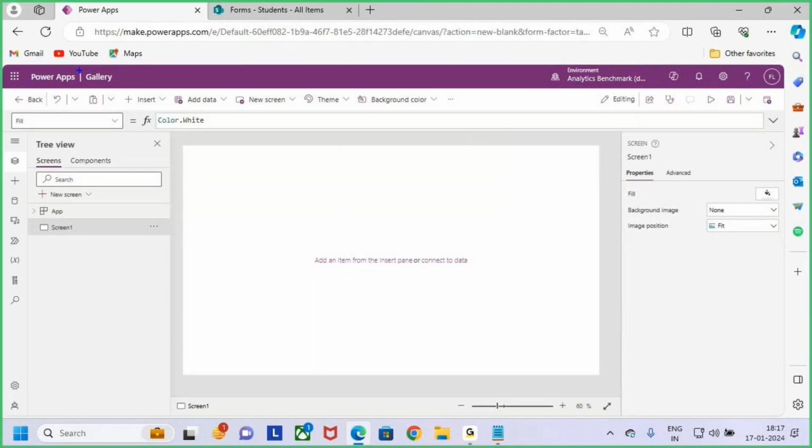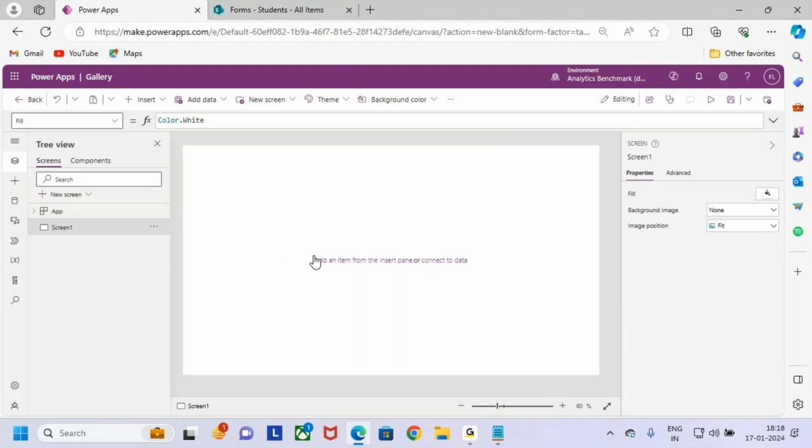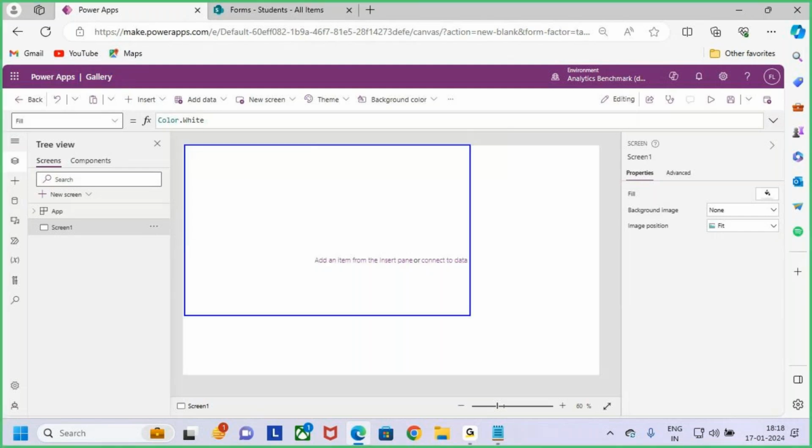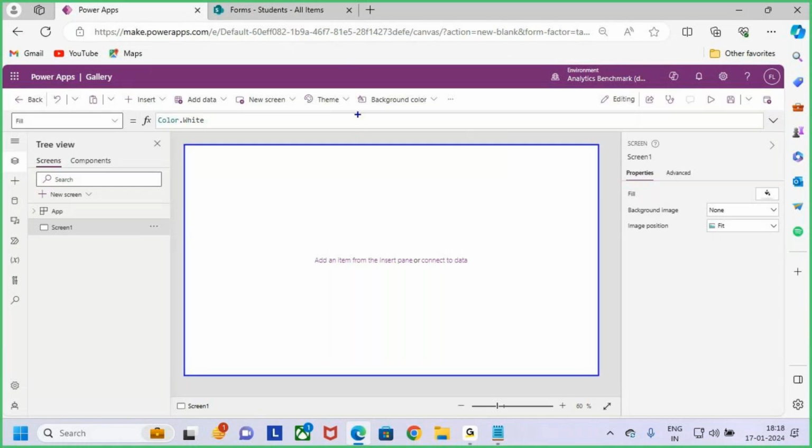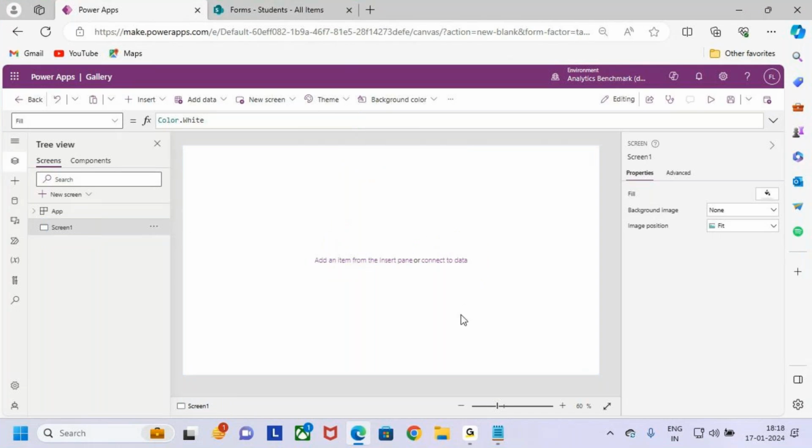If you see on the top, the app I just created is gallery, that is the app name. Now this is the tablet layout. Now this is the canvas, or we'll call it a screen. This is my screen one. We'll call it a screen, or we'll call it what? Canvas. Now here, let me show you how to create a gallery and how to display this data